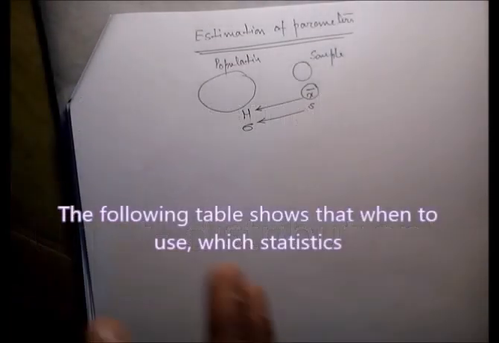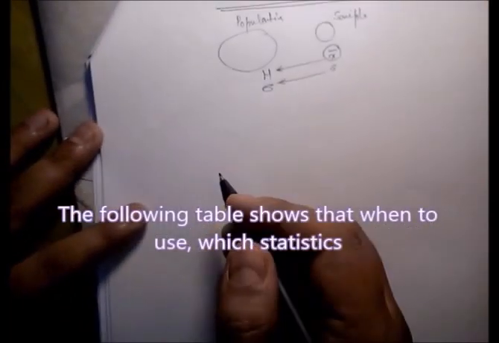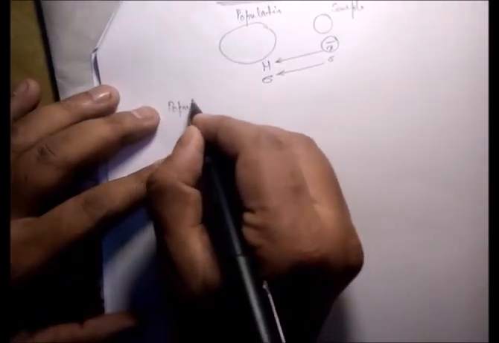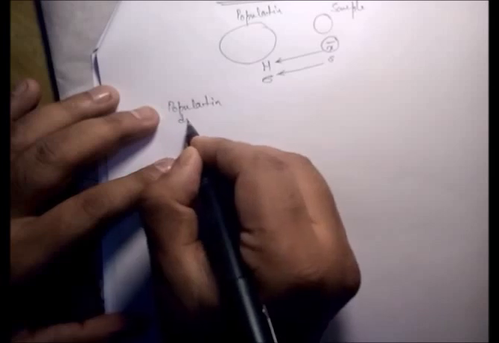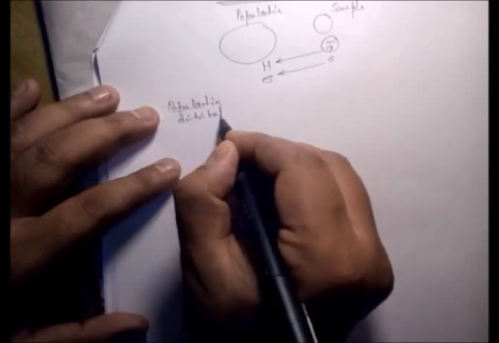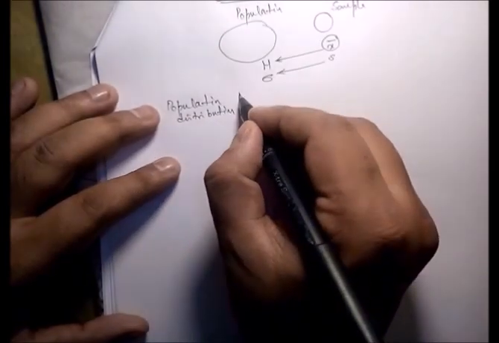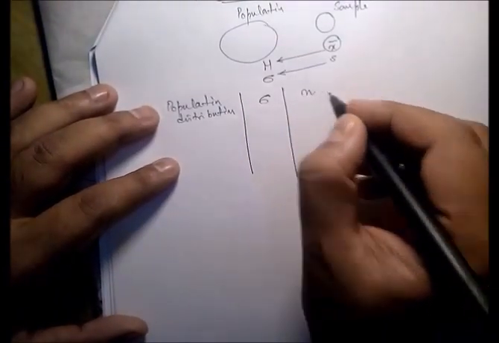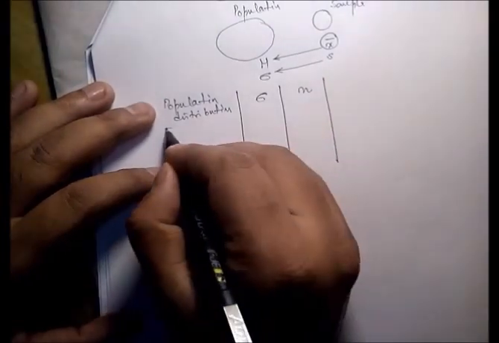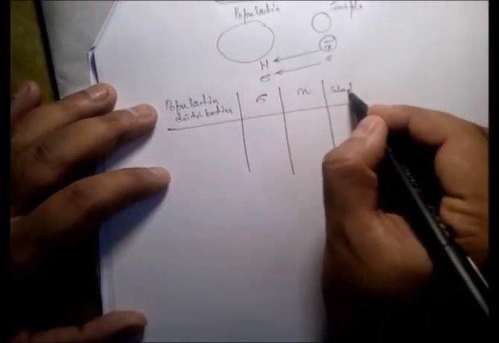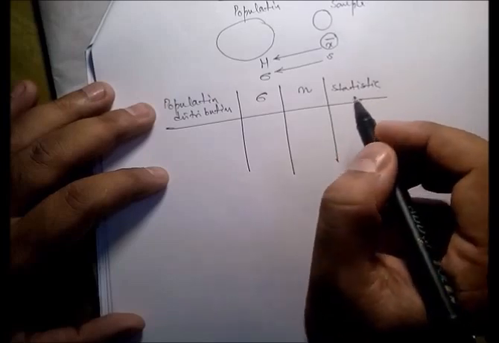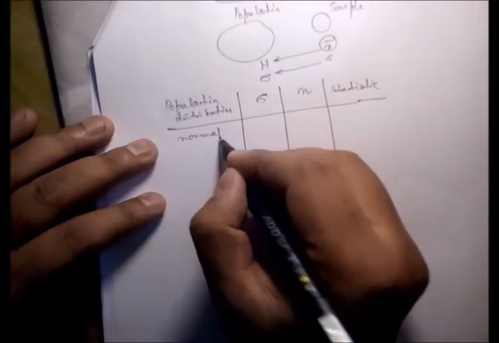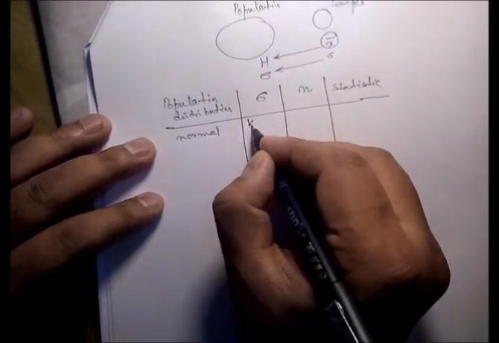The following table shows when to use which statistics. When the population distribution is known, we consider the population distribution, population standard deviation, sample size n, and the statistic. Clear? So if the population distribution is normal, and the population standard deviation is known,